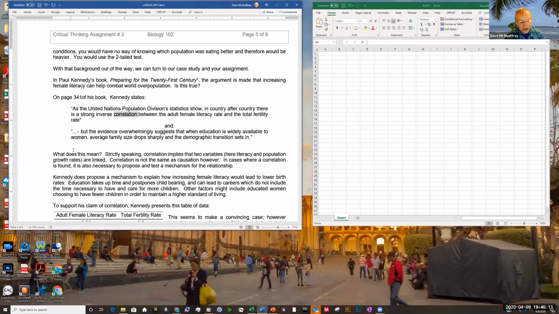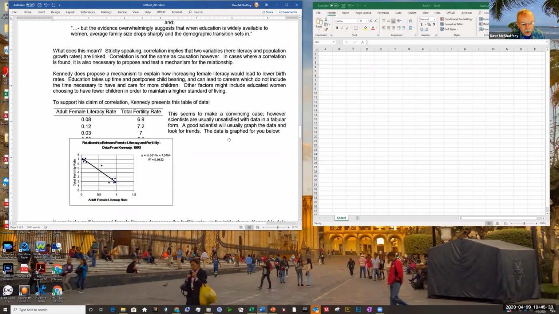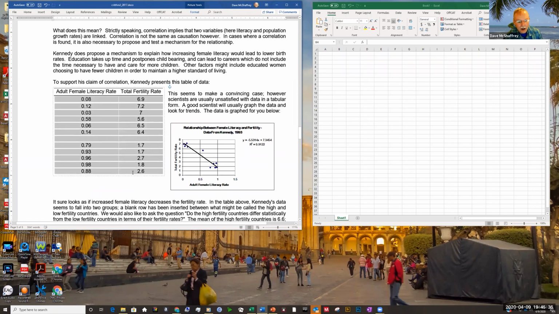He says things like, education takes up time and postpones childbearing. And educated women choose to have fewer children to maintain a higher standard of living. So he proposes that, and those are things we'd have to look at separately. We're just going to look at the numeric part of his data. And for some reason that got moved. So this is the data that Kennedy shows, this table right here,